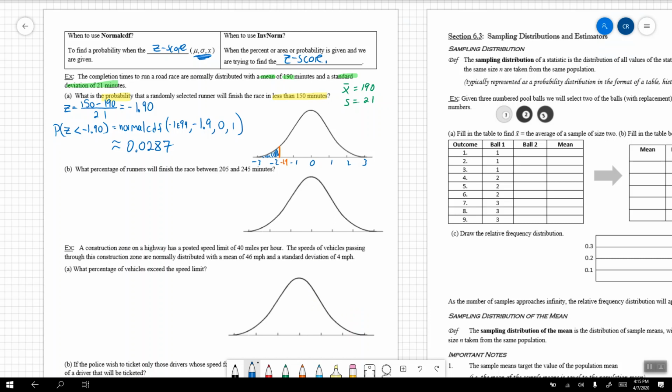There we are. So there's a probability that we're looking at. Now the question some of you may be asking is, could I do part A without standardizing? Yes, you can. You can do it without standardizing because you're given an x value, you're given a mean,